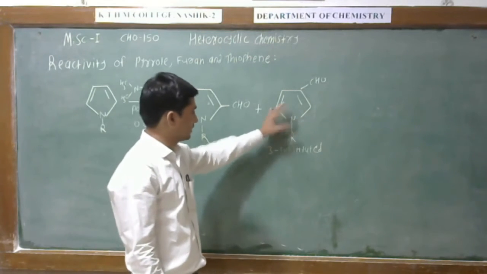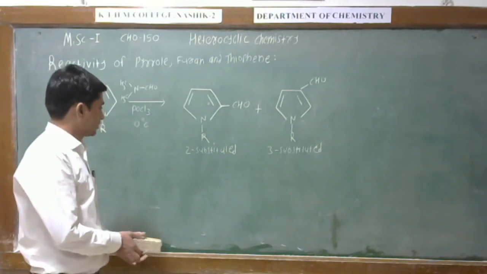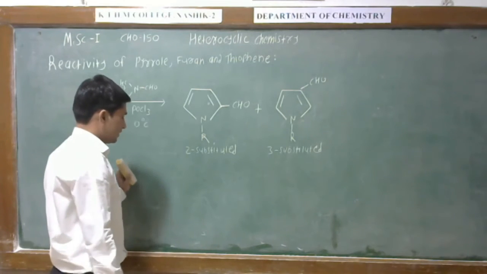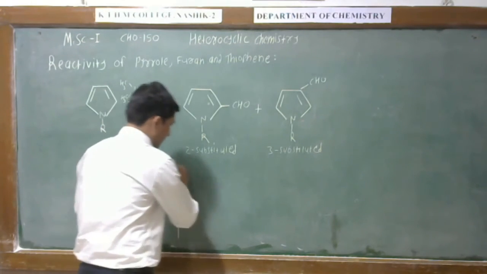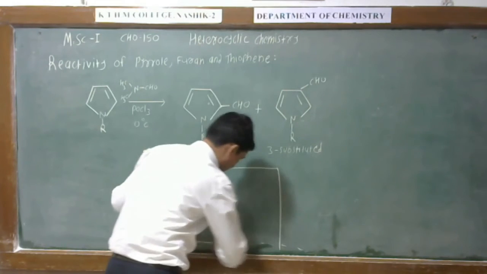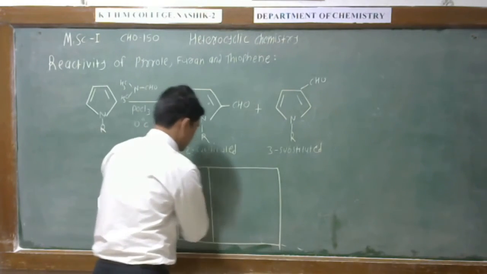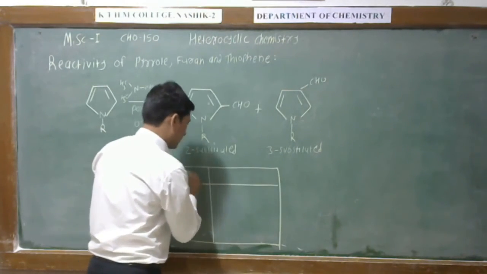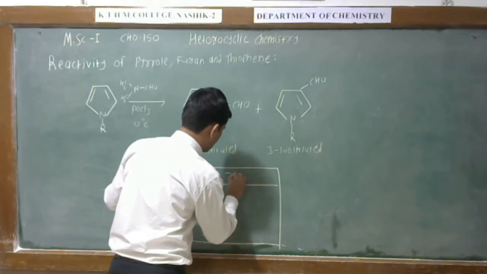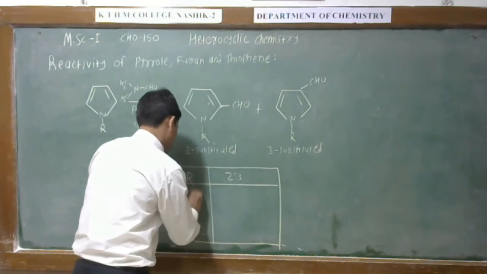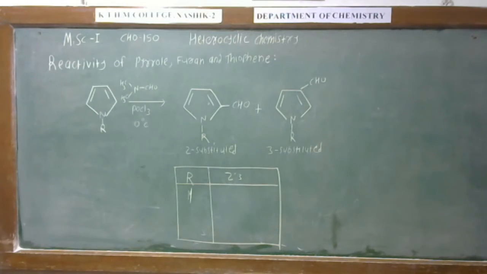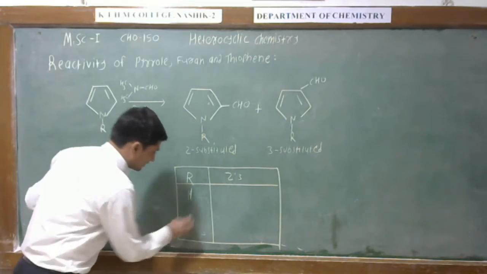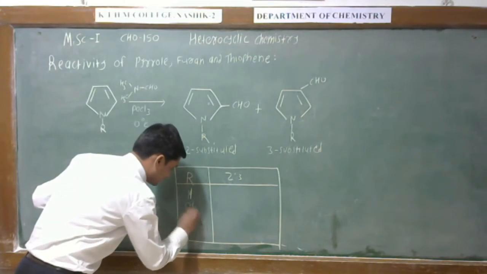and the 3-substituted is more than the 2-substitution. We can write here one table. In that, this is the R and this is the ratio of 2:3. We can take here R is equal to H, R is equal to methyl group, ethyl group. This is H. Then we can also take here the methyl group